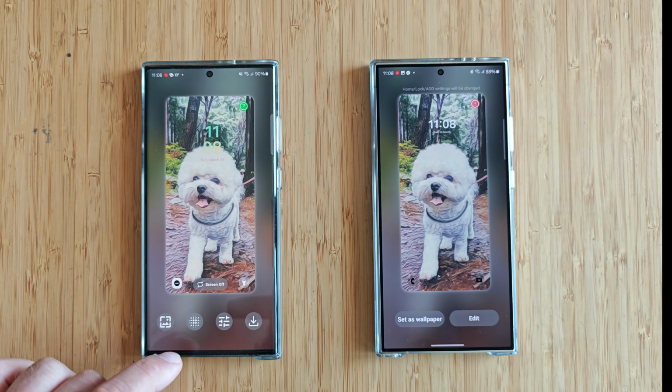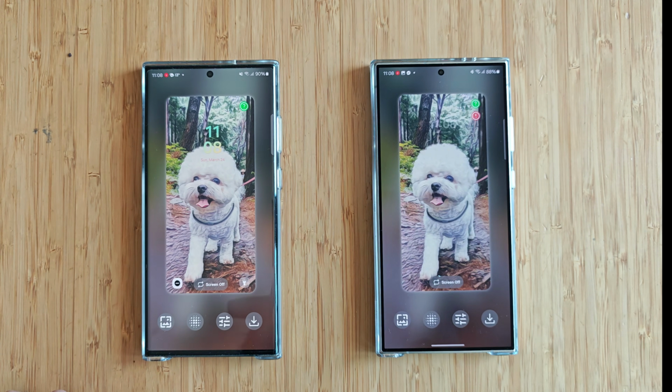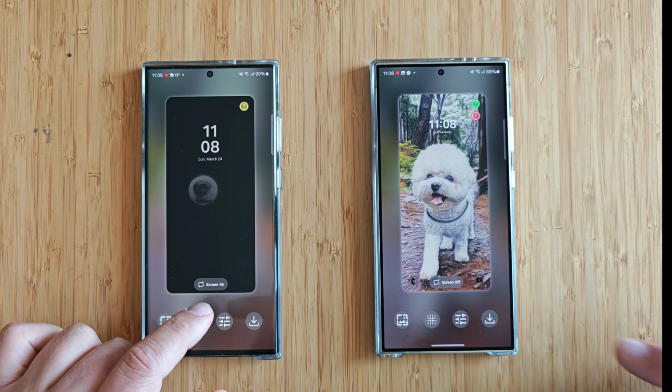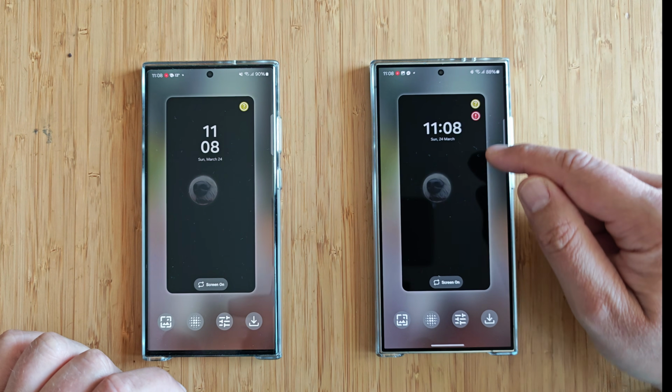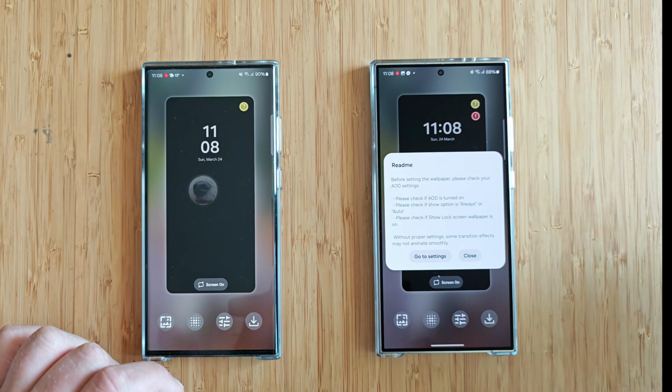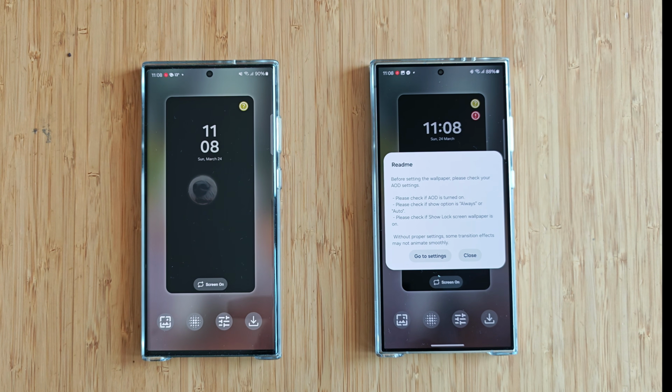Let me try to edit it. Okay, let me try to edit it as well. So, screen off. Okay, see, this is the screen off and screen on animation. Here, it should be different, but I have something telling me, hey, before setting the wallpaper, please check your